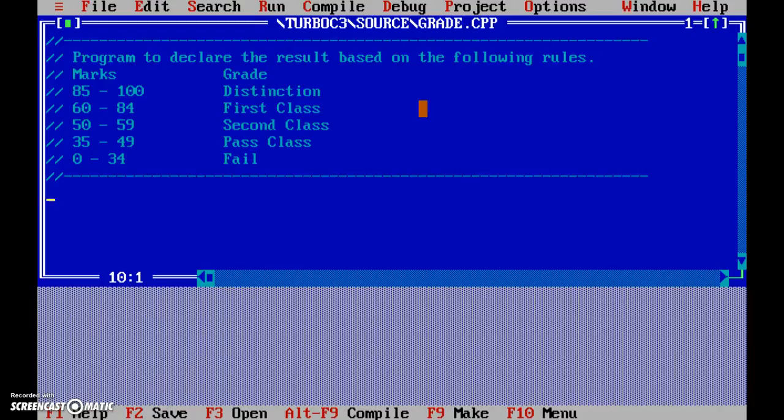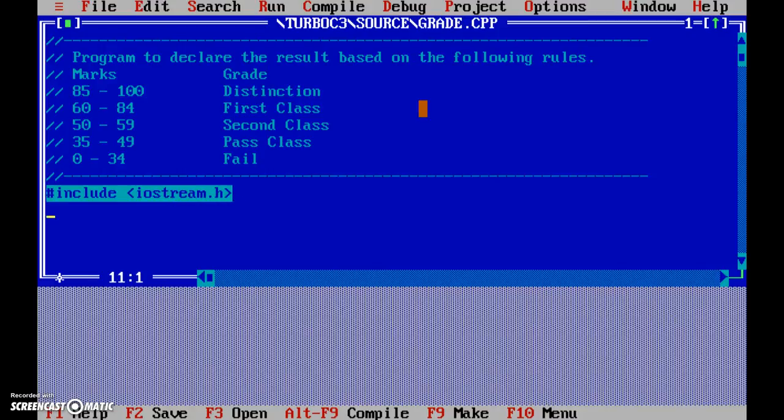Okay, now let's see. We have to write a program to declare the result based on the following rules. If the marks earned is between 85 to 100, we have to display distinction. If it is 60 to 84, first class, and so on. Okay, let's start. Hash include